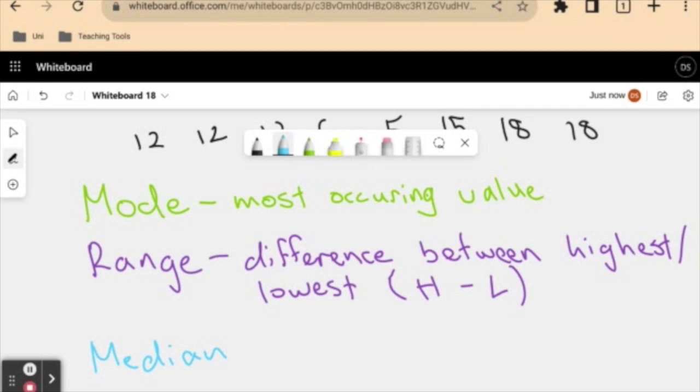I'll show you why that is. But the median, which I kind of dropped a bit earlier, is our middle value